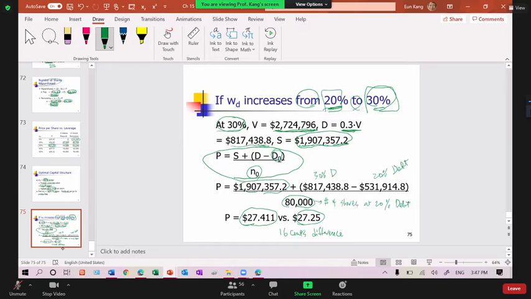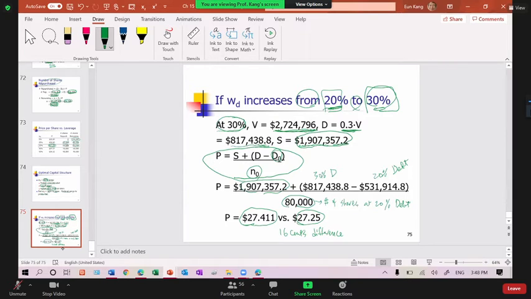Do you think that is a rounding error, or why do you think the price is higher when, instead of just recapitalizing from 0 to 30%, you first recapitalize from 0 to 20% and then to 30%? Your stock price is higher. The reason is, if you just recapitalize from 0 to 30%,